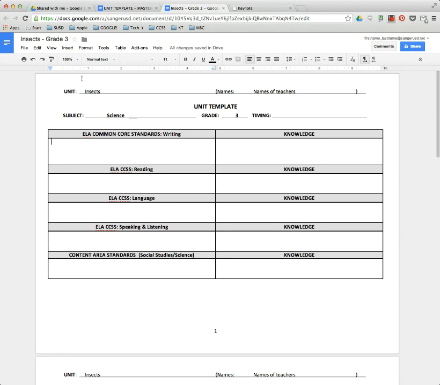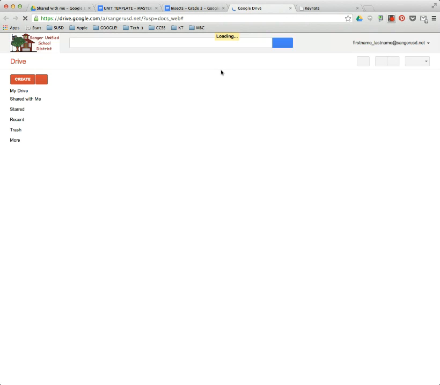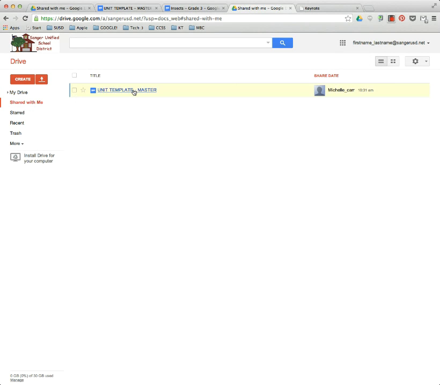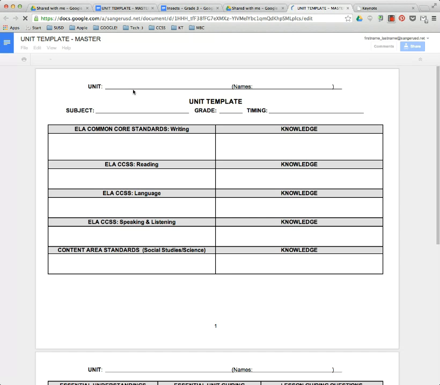Now in here I have one copy, but I want more than one copy, and if we click right over here on these lines, it'll change to Open Google Drive. So we can go back to our Google Drive and now see in our drive that we have our original folder and then the Insects Grade 3, but I probably have more than one group, so I'm going to have to go back to the Shared With Me, click on the Unit Template Master, and repeat those same steps in order to make a copy